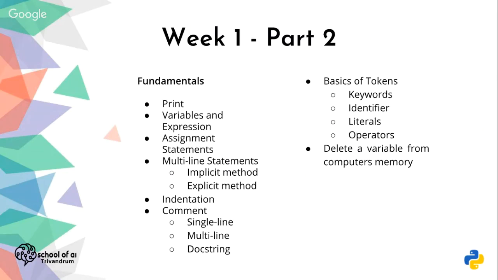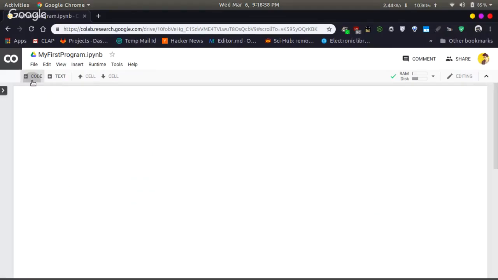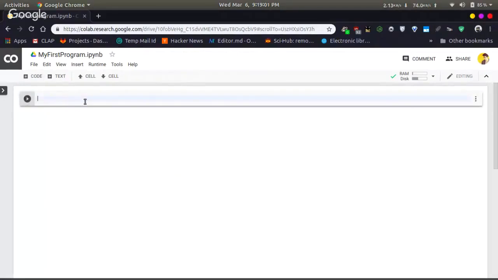Hi guys, it's Ashwin here. First, I want to introduce you to the basic functionalities of Python. Let us start with the function print. For printing anything to the screen, you just need to type print. In this parenthesis, you can type any type of data.